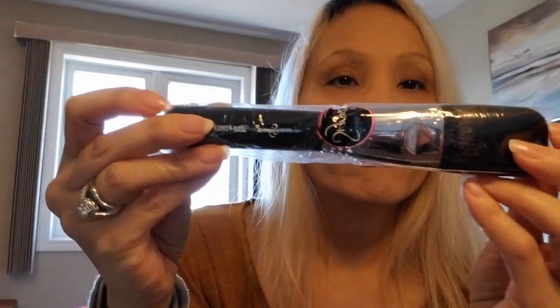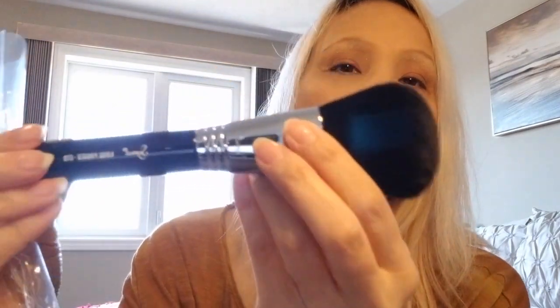See, so it's wrapped like this, and we'll open it up. Ooh, very soft. There you go. And all the brushes are numbered. So this one is a large powder brush, and very nice. The chrome here. It's not the heaviest weight, but it's a good weight. Nice bulky handle,